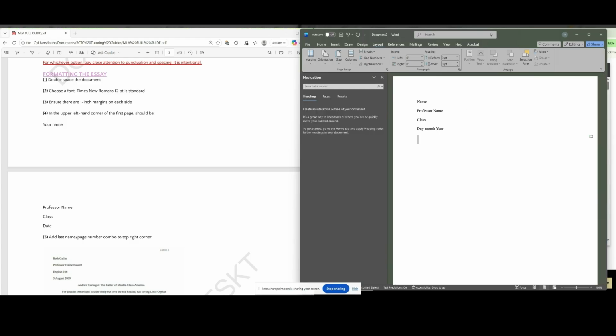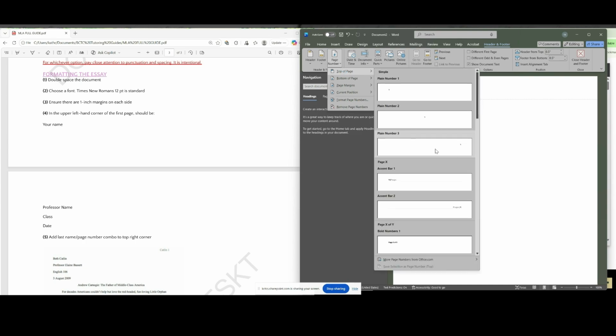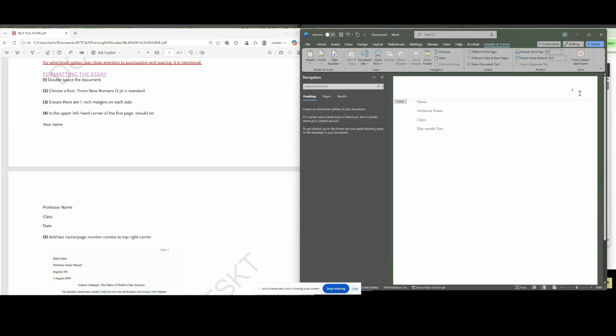We love it. Okay. The next thing that you have to do is add your last name and page number to the top right corner. So you can double click at the top, go to page number, top of page, choose the third option where the page number is in the far right corner, and write your last name. You also want to make sure that it is Times New Roman